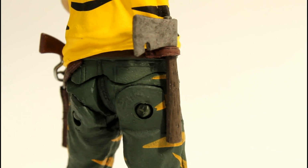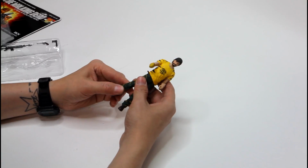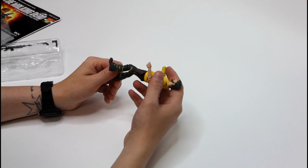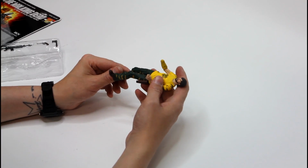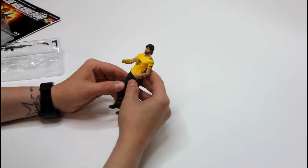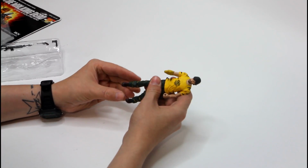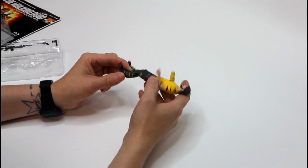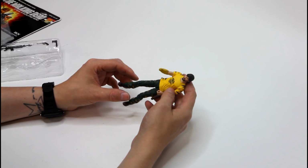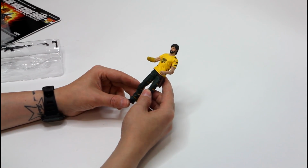Again, the trousers painted in that kind of khaki, well, not quite khaki, OD green with yellow stripes. The yellow isn't very well applied. You can sort of see through the yellow, which makes me think, like in my head canon for this figure, that he's made these pants himself. He's just took some green trousers and spray painted yellow stripes on there to make himself the Shiva Force outfit, which, you know, maybe what you do in the